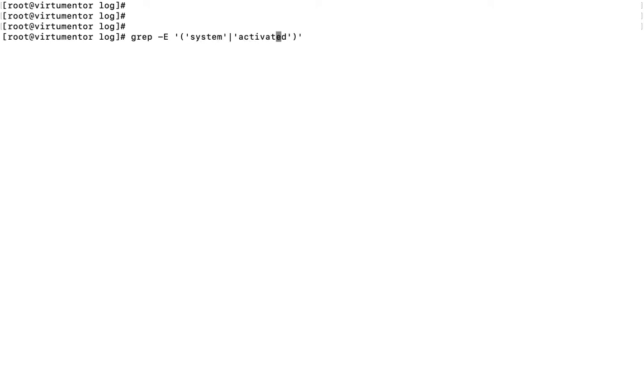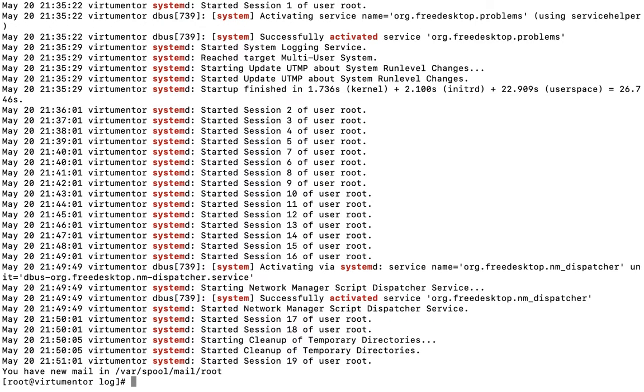Wherever the system or the activated keyword is present in the file, either one or both, some lines have both keywords, or some lines have only a single keyword. Wherever the patterns get matched, it will print all those lines. Likewise you can specify multiple patterns as well.